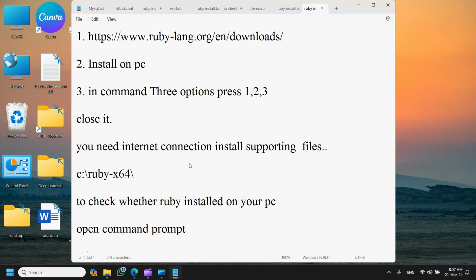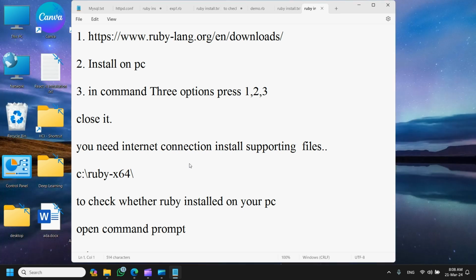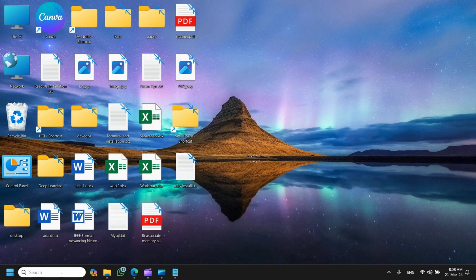All the files are going to be configured, so a folder is created, C colon Ruby, depending upon whether the operating system is 64-bit or 32-bit. Suppose you want to open the command prompt to check whether Ruby is available or not. How to check it? We'll go for the